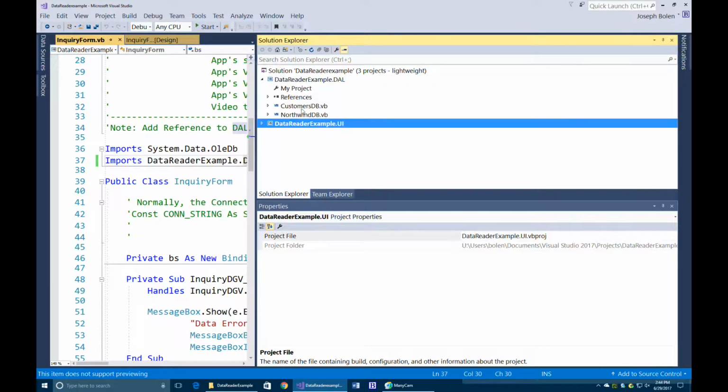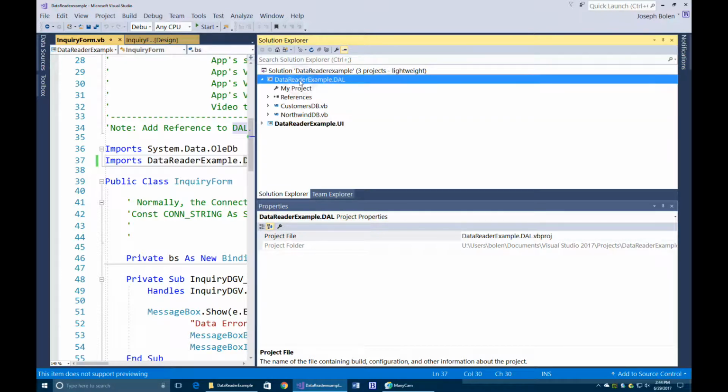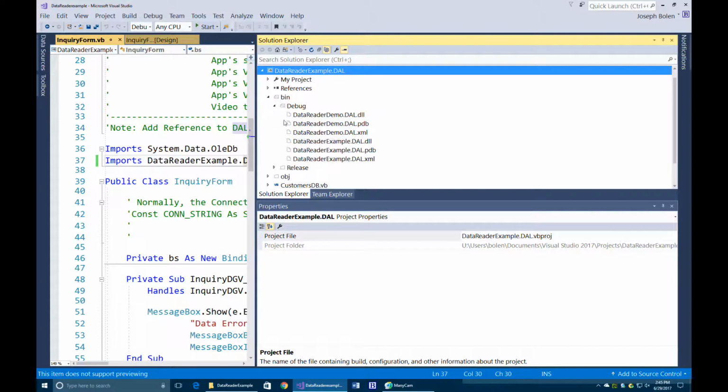Now, one other thing that you might want to note is that we might have a lot of extra garbage left over from our last project that we want to get rid of. So let's go to the data access layer. I'm going to click on Show All Files, and you'll see I have a bin and object folder that show up. And in the debug area, you'll see that I have the data reader example in here